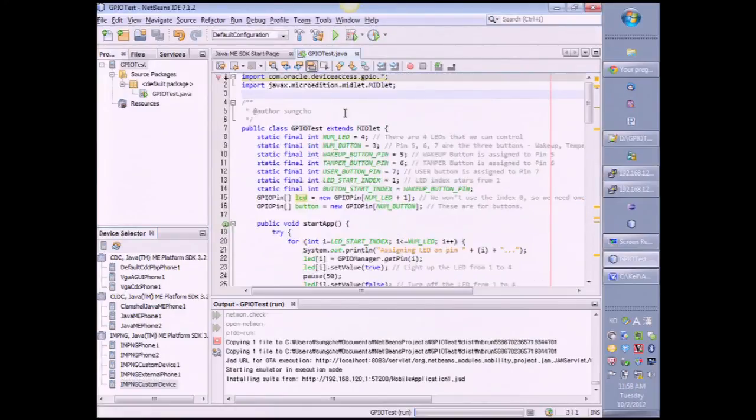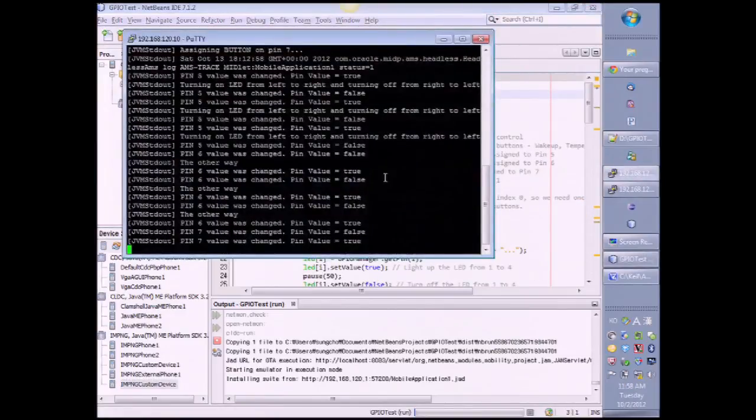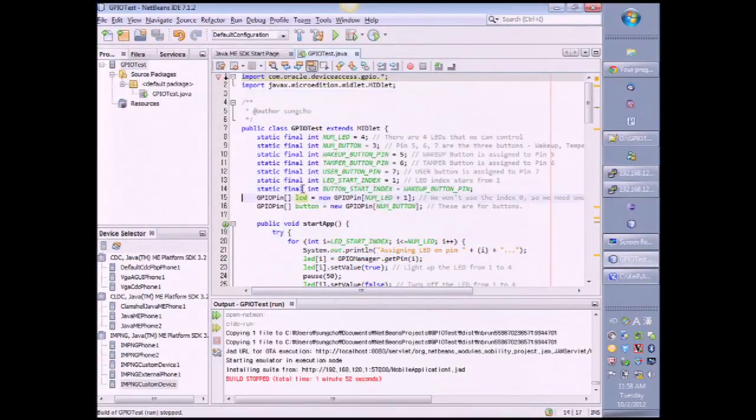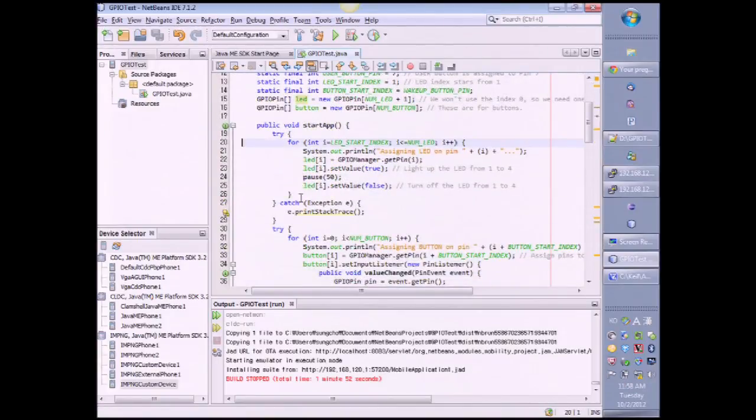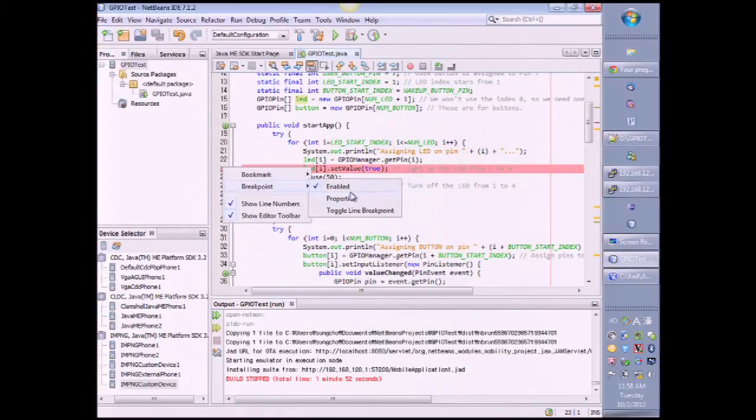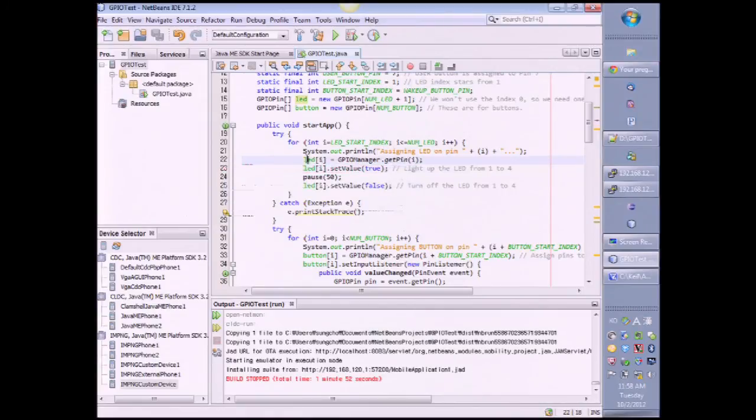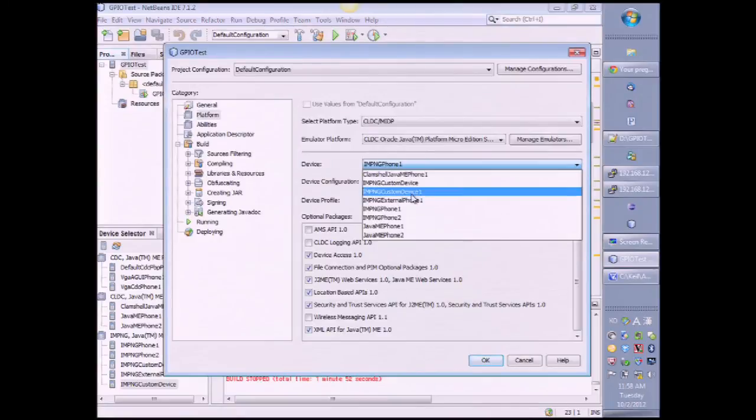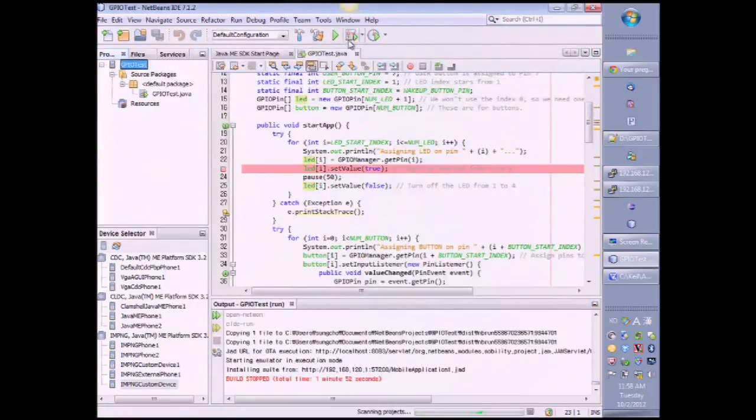So the next thing that I want to show is, once you see that the application is running fine on the device, what gets more interesting is when you can actually do your own debugging on the device. So let me put a breakpoint, maybe around here, set value true, and toggle line breakpoint. I set the breakpoint here, and then start a debugging session. Before I do that, let me check my platform is set as external device. And then if I click debug,